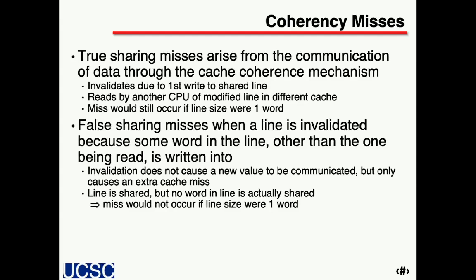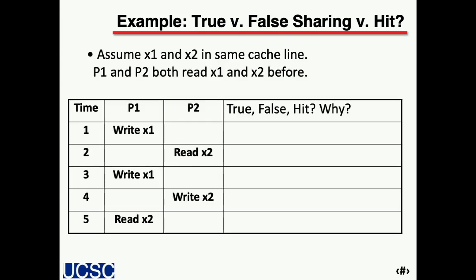So to kind of drive this home, we have a little example, right? We have two addresses that are different words but in the same cache line. And we have two processors, P1 and P2. So what's going to happen, right? First, P1 writes to that address. So it's going to be a miss. And if there was a copy in P2, it's going to be invalidated, right? Because it's going to see that write going through. All right, now,